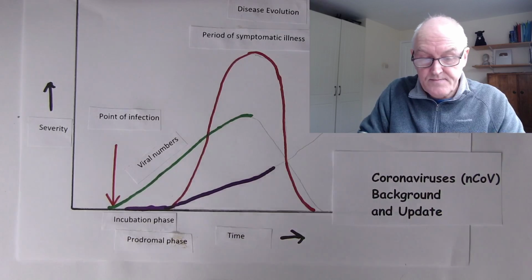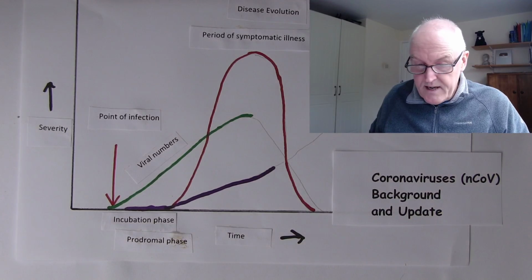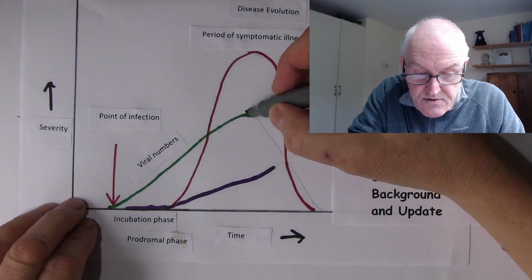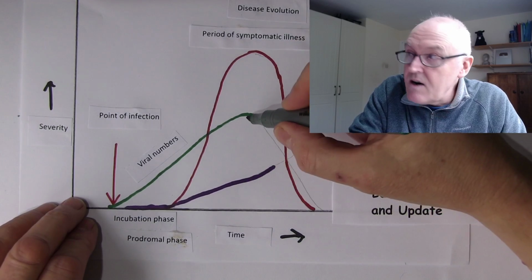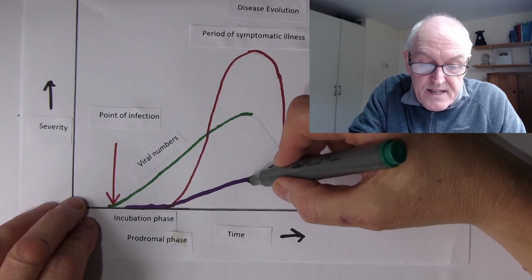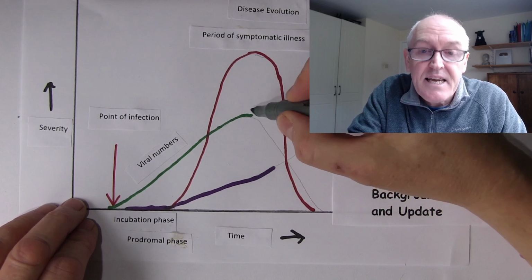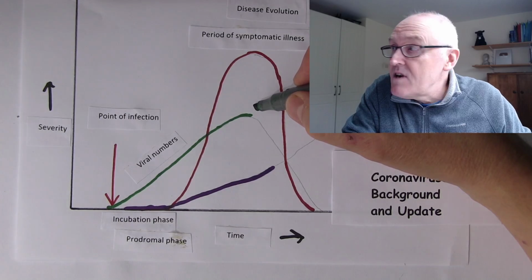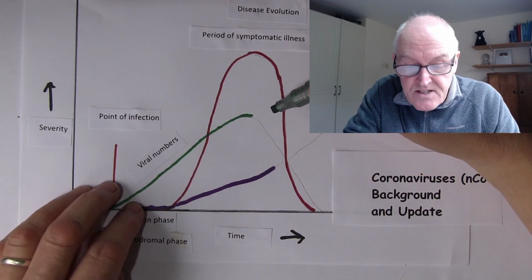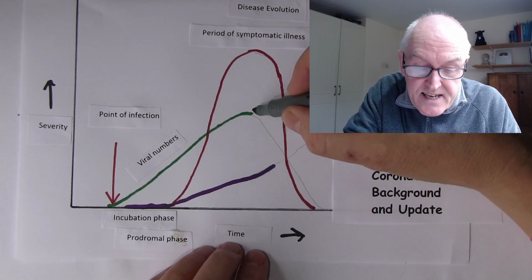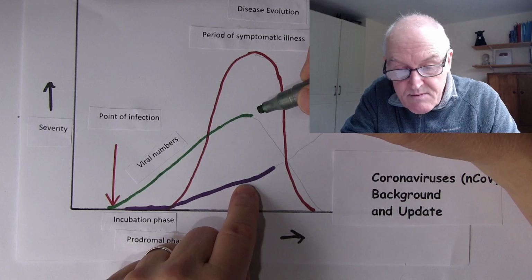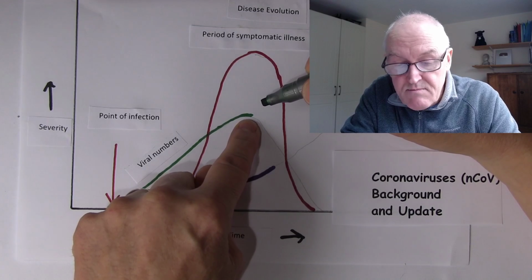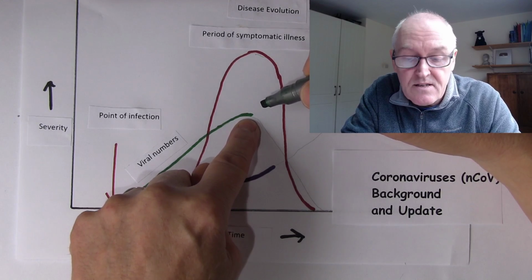They are increasing. And then we'll get to a point where the viral numbers have been increasing, but now we've got an increased number of antibodies. And at this point, the antibodies are able to start killing more viral particles at a faster rate than the viral particles are able to reproduce. So now at this point, the body's starting to get on top of the infection. We're making more antibodies more quickly that are killing more viruses than the virus is able to infect new cells.